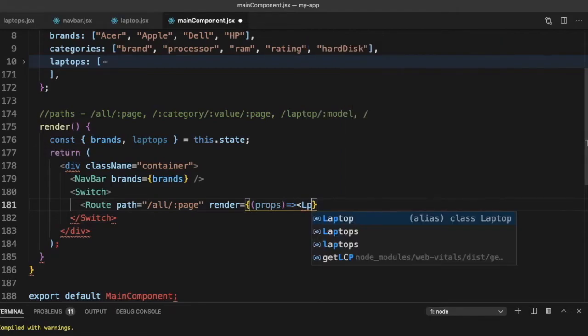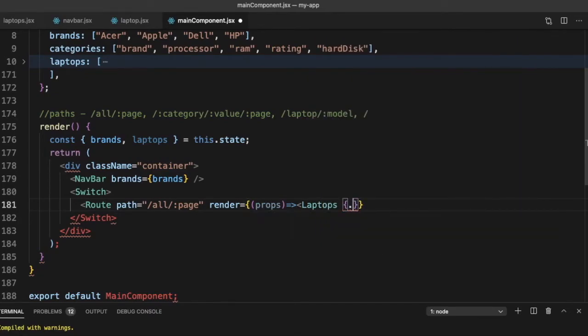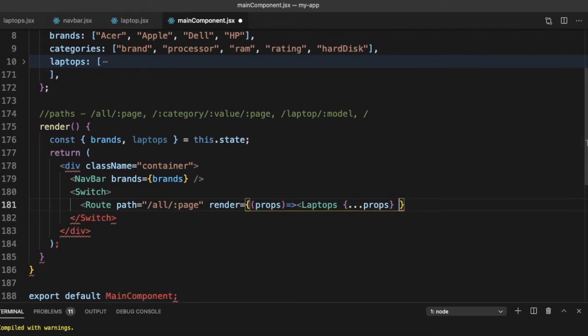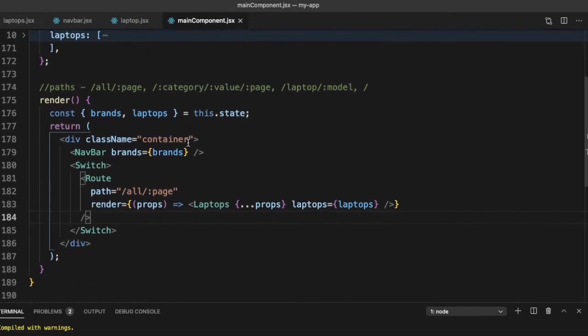So laptops, we spread the props. And what else do we want to pass here as parameter? We would need to pass all the laptops. So laptops is equal to laptops, and we close the route. So this is our first route.